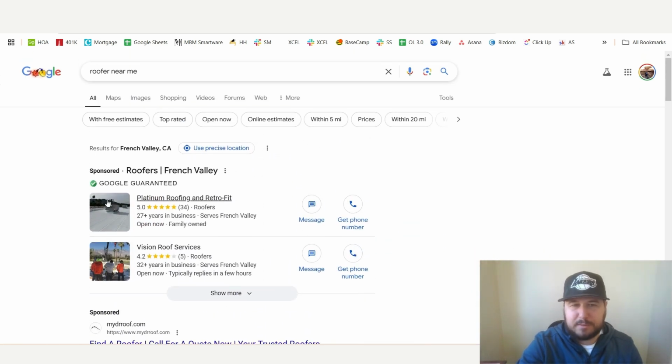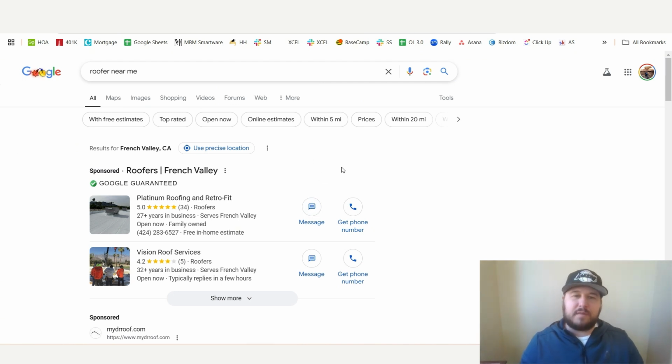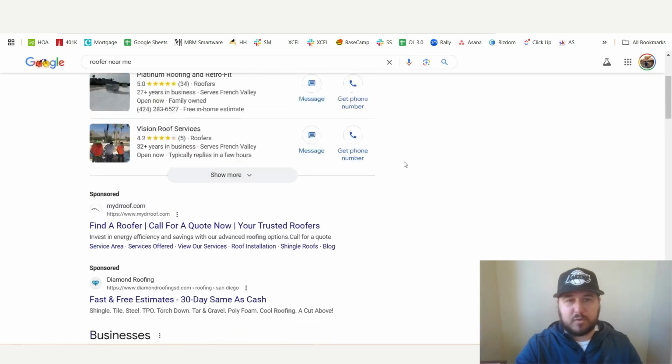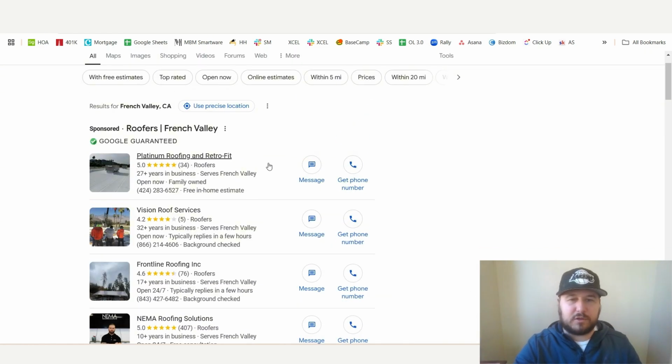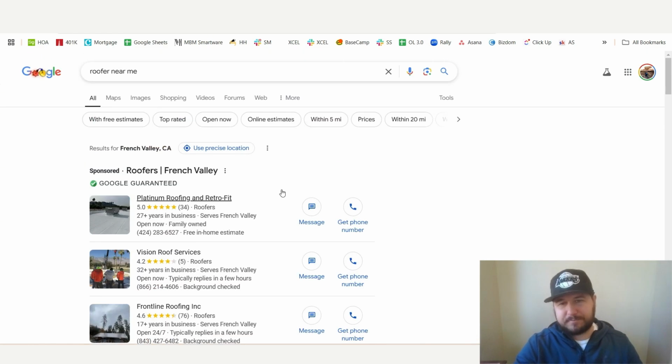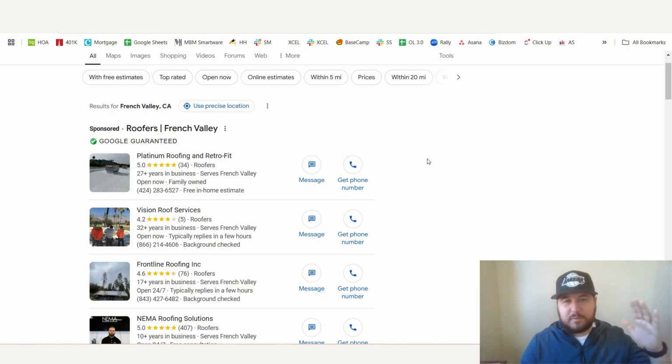But as you can see, the very, very top option is Google Local Service Ads right here. So that's one of the best pros about Google Local Service Ads, is that you show up at the very top of Google, and all the other Google advertising options are lower than what you are. And if you click show more, you'll even see more options here. So pro number one, you show up at the very top of Google above all other advertising options.